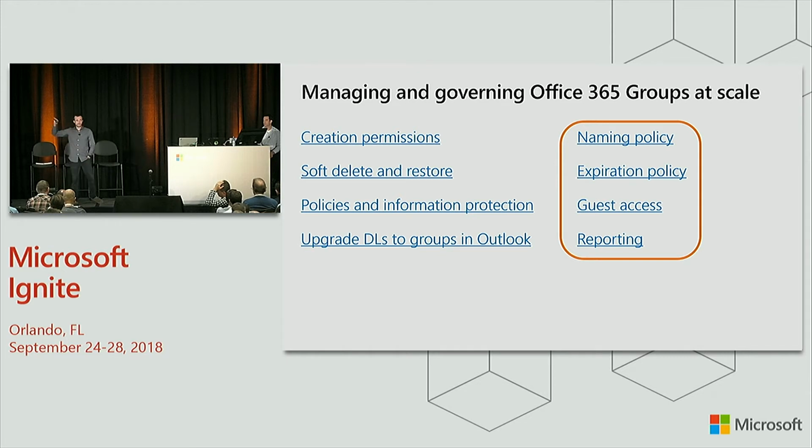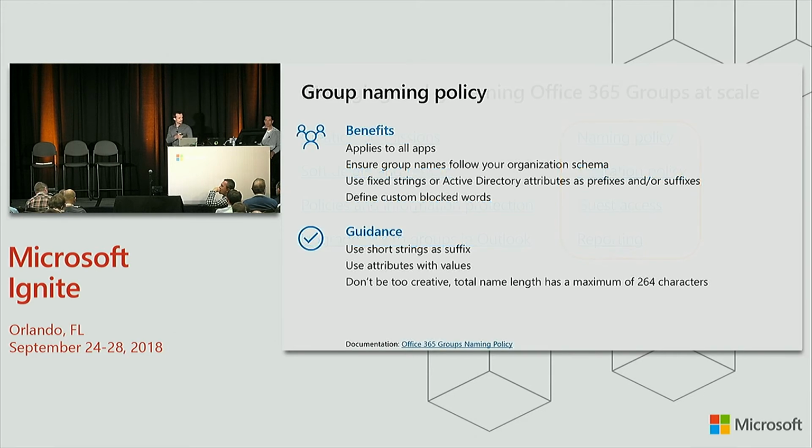So the 4 features on the right, or the 4 key things, are the ones I'm going to go into in detail because those have generated a lot of questions, and that's also some of the stuff I'll be demoing. So let's start with the first one, which is naming policy. This feature is in public preview. We demoed it last year at Ignite. Now you can all kick the tires. It's expected to release by the end of the year.